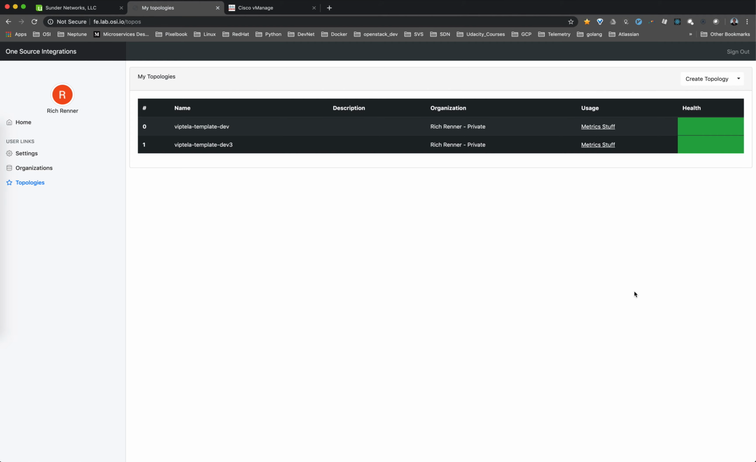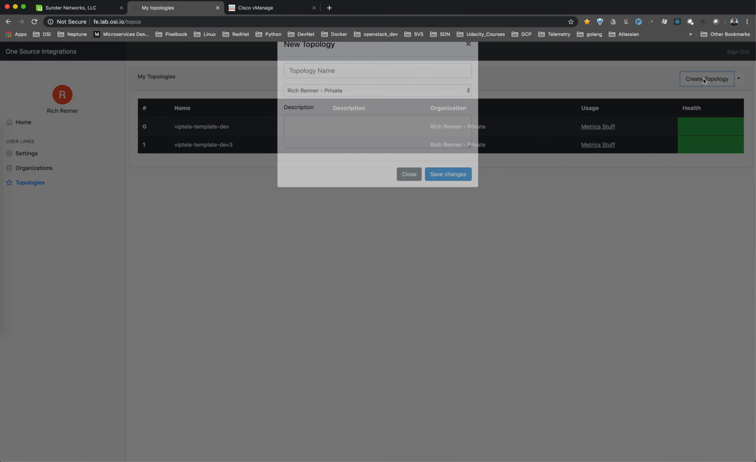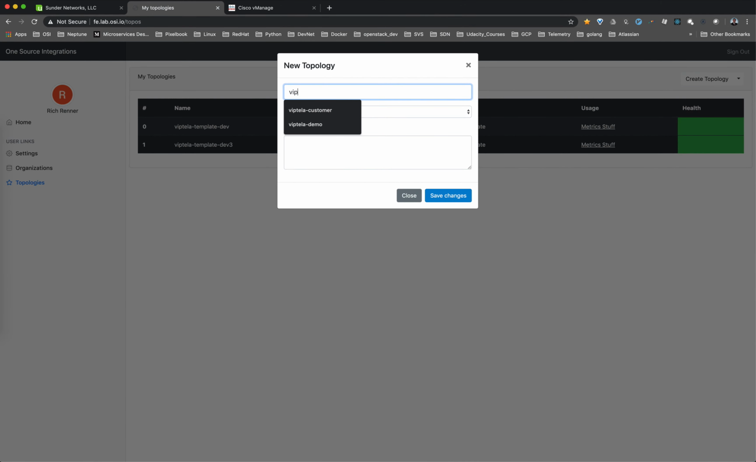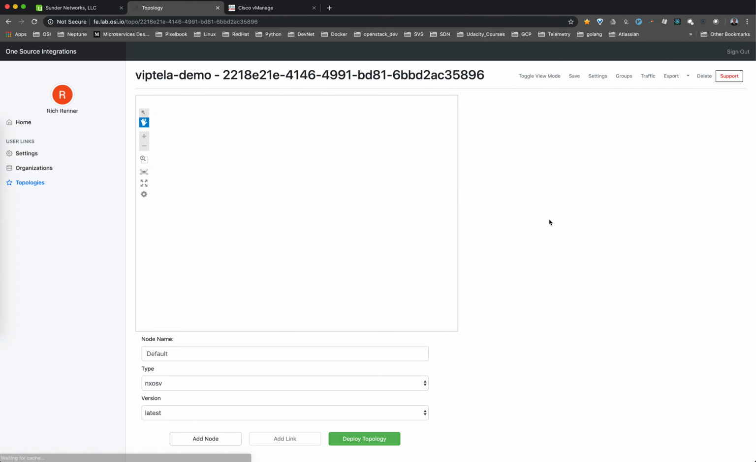Here's the topology view inside the COSM tool. And we want to create a new Viptela demo. So I name my topology, and it puts me into the editing screen. We'll mock up a quick customer network,